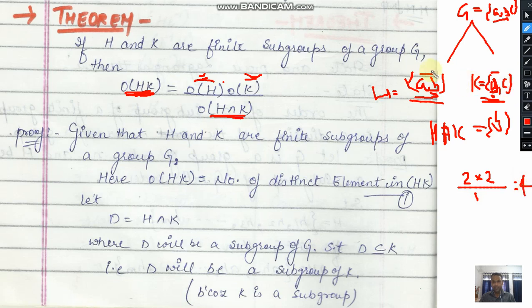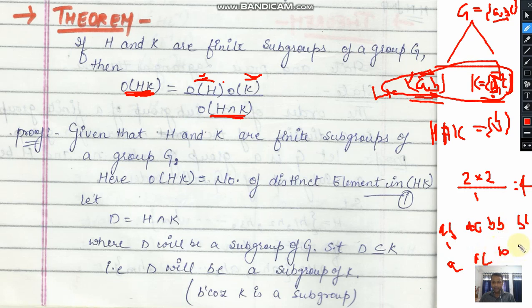If you multiply these H and K, then you will get the possible combinations. When A is multiplied with B, then you will get AB, and again you will multiply A with C, then you will get AC. The next element will be BB, however the value of BB will be equal to B, because in this case we are assuming that B is an identity. And the fourth element will be BC.